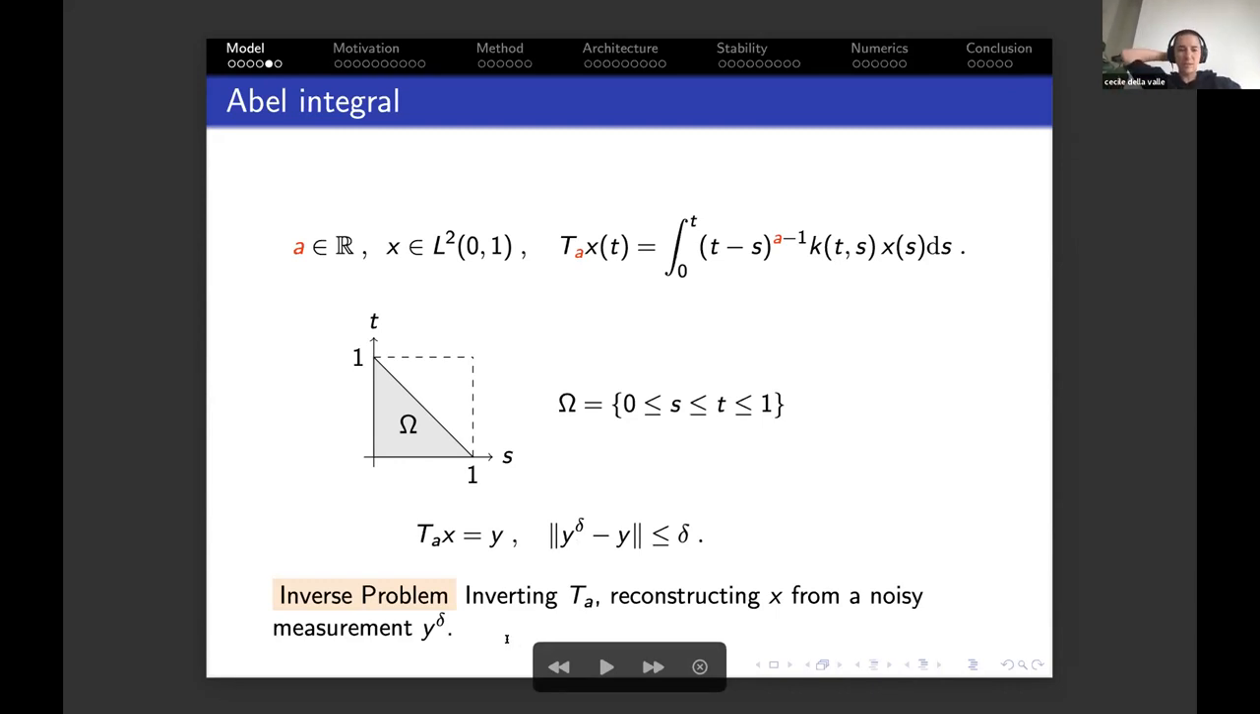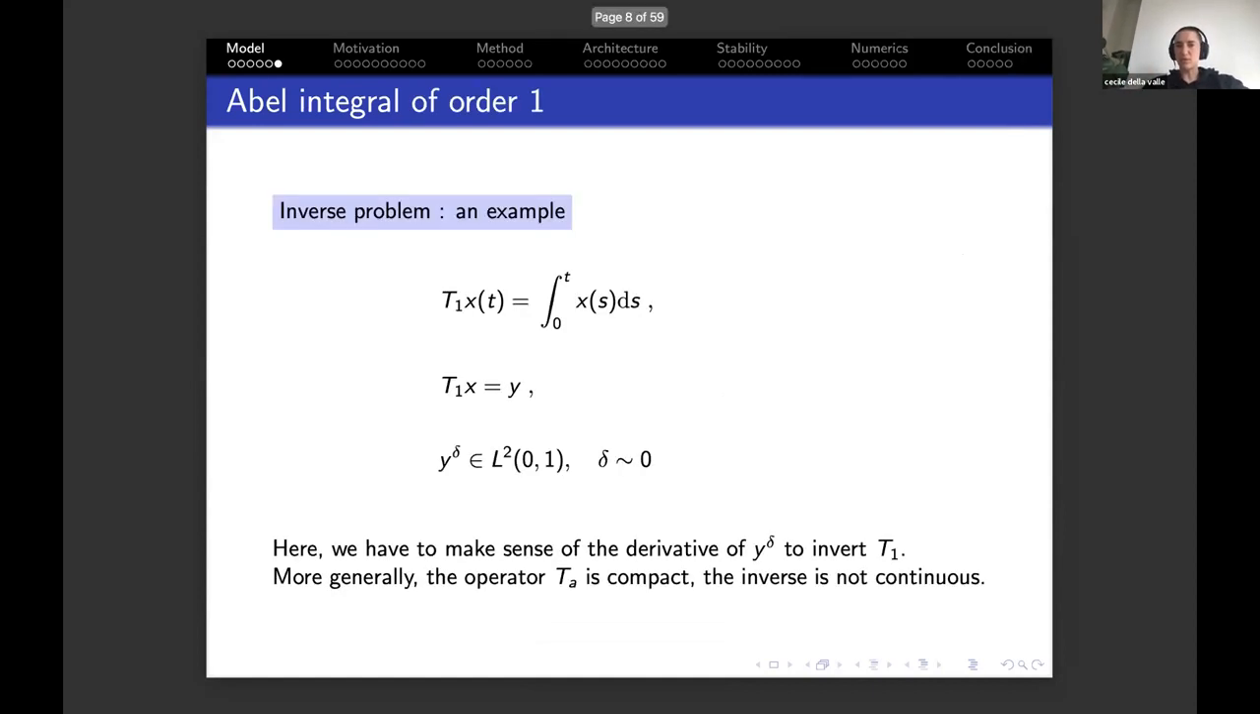So we don't have access to y. We have access to y delta actually, which is a noisy measurement. So the level of the noise is denoted by delta. So our inverse problem is to invert T_a, so reconstructing x from a noisy measurement y delta. So why is it